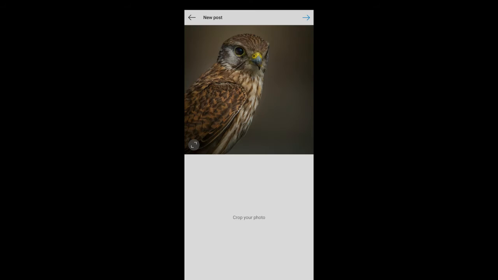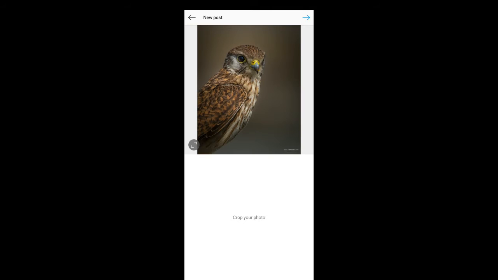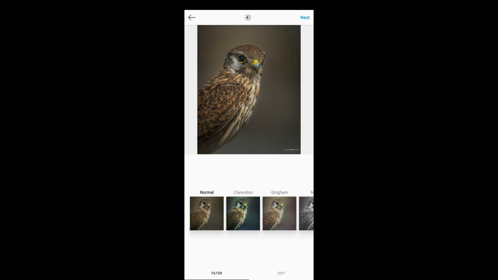Firstly, I move it to Instagram. I make sure that the whole photo is selected. When I go forward, boom, the colors get faded. So this is the problem, and welcome to the video of color spaces.